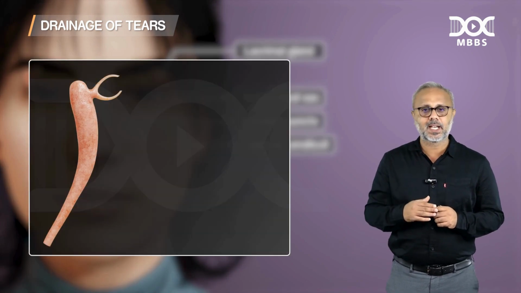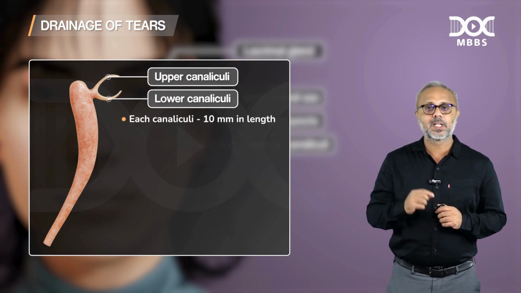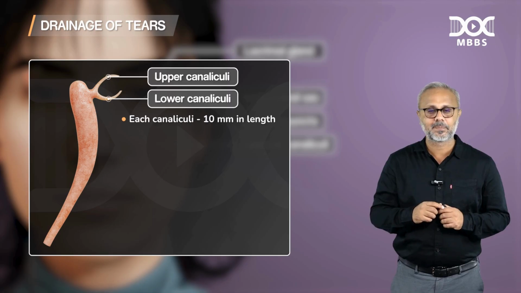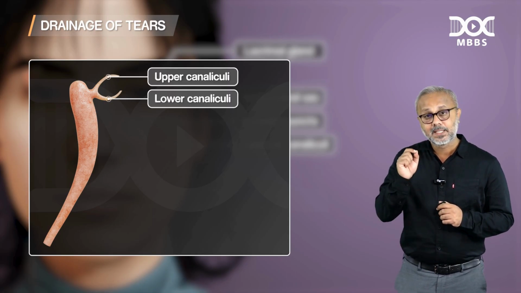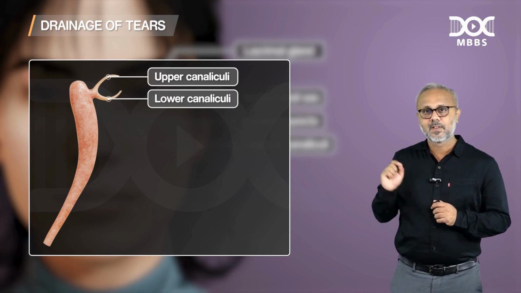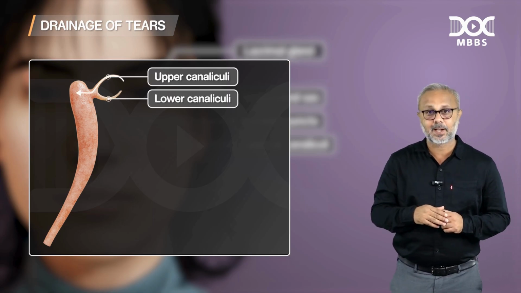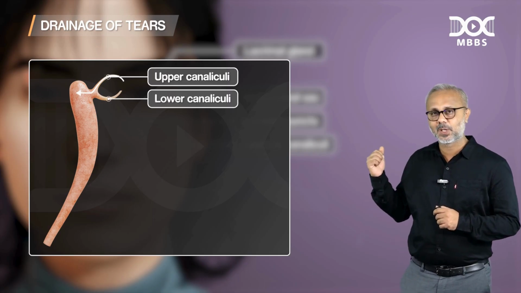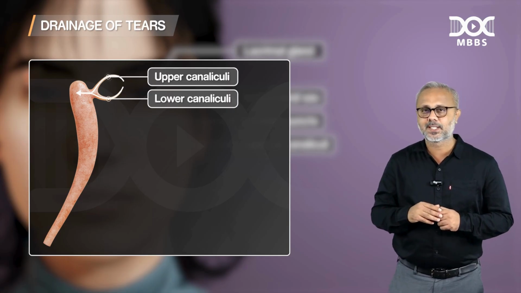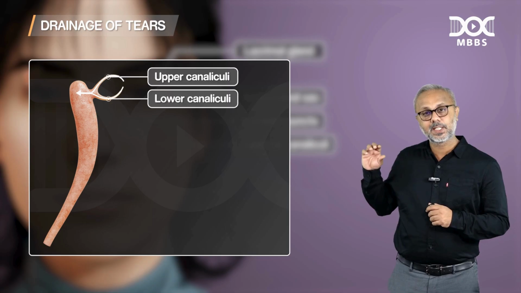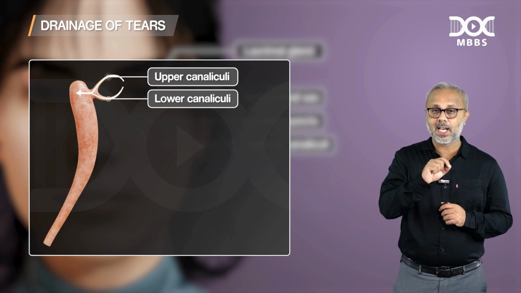There are two lacrimal canaliculi, upper and lower. Each canaliculus measures about 10 millimeters in length. For example, the upper canaliculus first goes upwards and then descends down into the lacrimal sac, whereas the inferior canaliculus first descends down and then ascends medially towards the lacrimal sac. So this is how the tears in the conjunctival sac enter the lacrimal puncta and, through the lacrimal canaliculi,